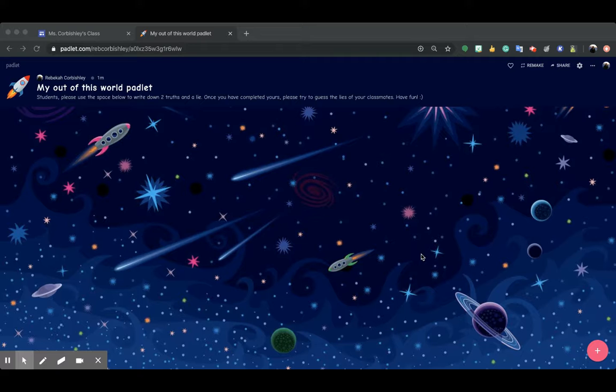I'm going to walk you through answering questions on a Padlet. So you should have the Padlet link sent to you by your teacher. It might be posted in Google Classroom. So once you click on the link, you are going to navigate over to the bottom right-hand corner where there's